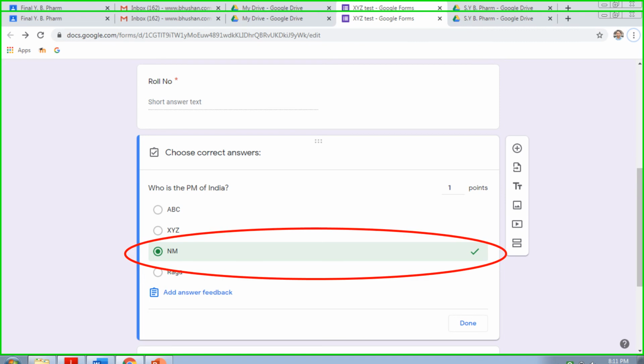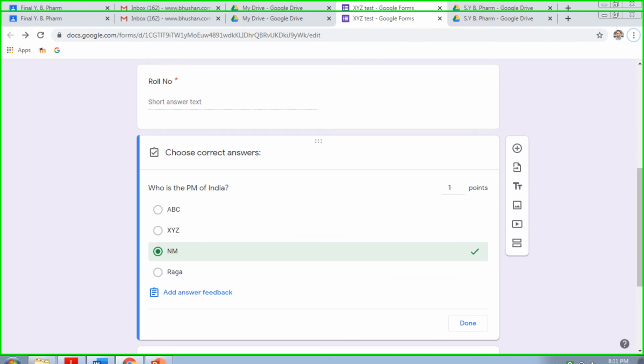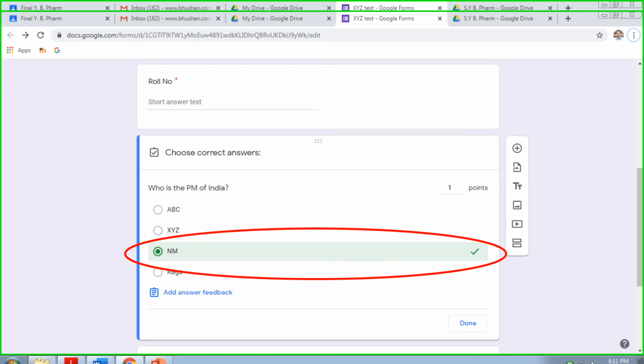The right answer is indicated by green tick, and then your job is to put in the points or marks for this particular question. So generally we have the same marks for all questions, and if you have the mix up of questions like short answer, long answer and MCQ, in that case the points will vary. Now click on the done button. Once you click on the done, then choose this kind of question and then try to copy it and continue with the